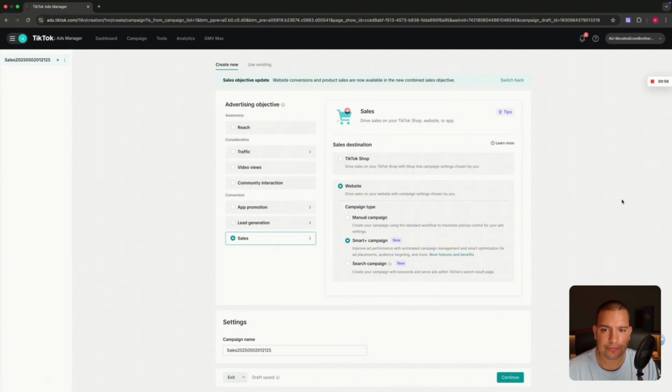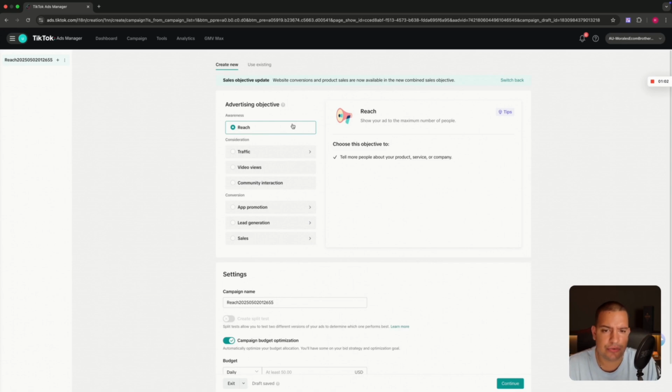Okay, so now let's speak about the different objectives. The first objective, as you guys know, is reach. So tell more people about your product, service, or company. Normally, this kind of thing is I want to reach as many people as possible. And this is more for Coca-Cola, let's say Lamborghini, things like that, like big brands that have a lot of money, like McDonald's. And that's why you see ads about McDonald's every single day, because they're always in your face with ads. They have so much money that they can spend a few billion on advertisement and just be in front of your face every day, basically.